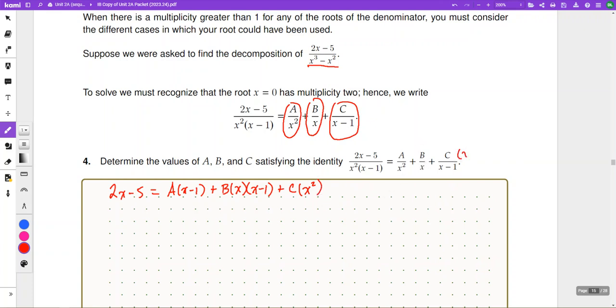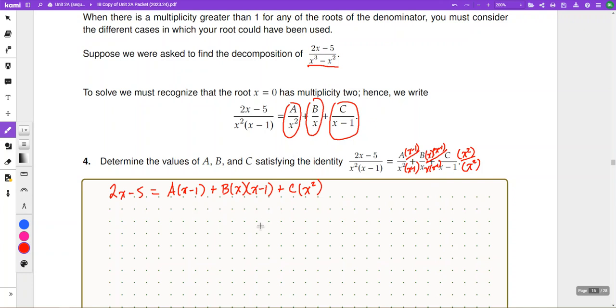That this c term would need to be multiplied by x squared over x squared, right? This b term would need to be multiplied by x and by x minus 1 in numerator and denominator, right? And then this a term would need to be multiplied by x minus 1 over x minus 1,